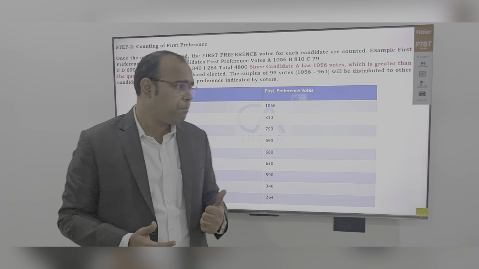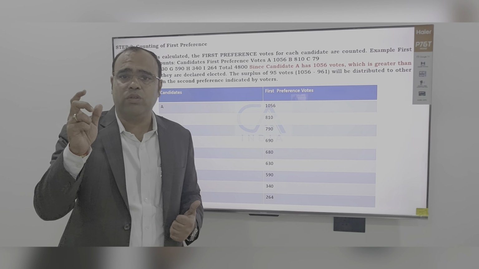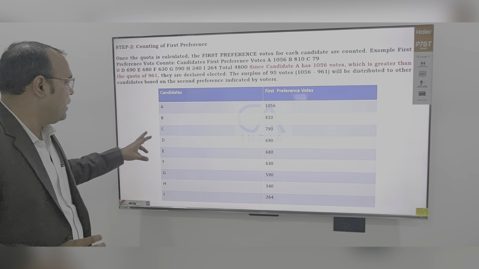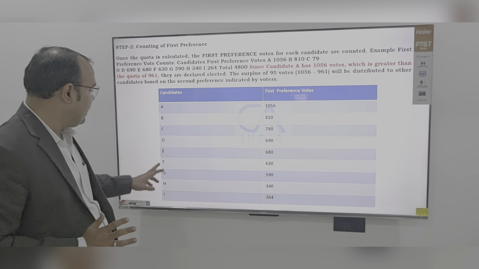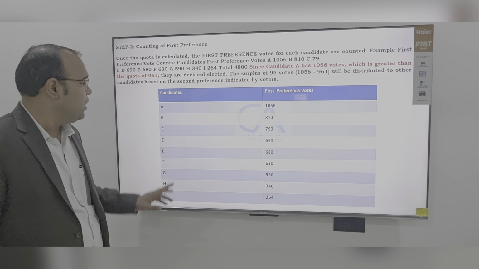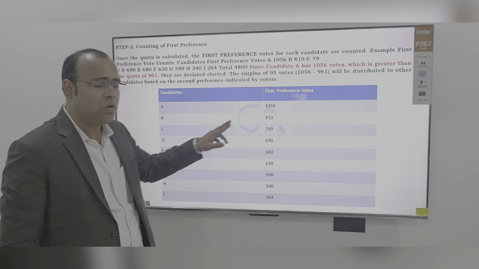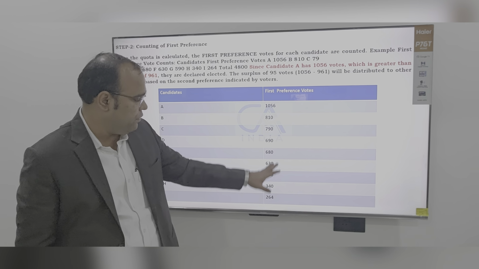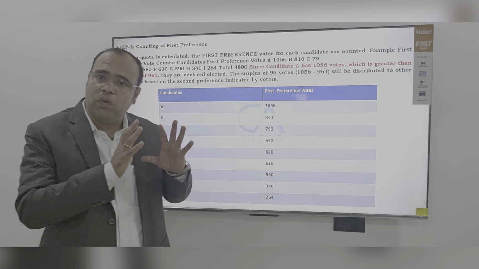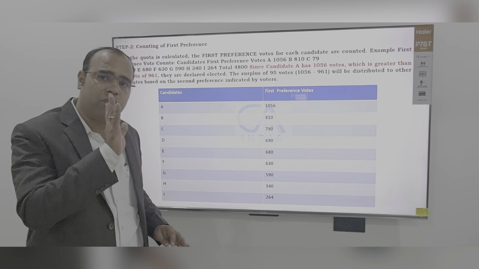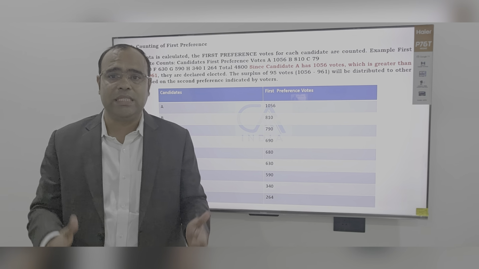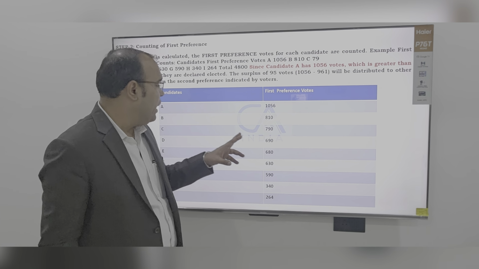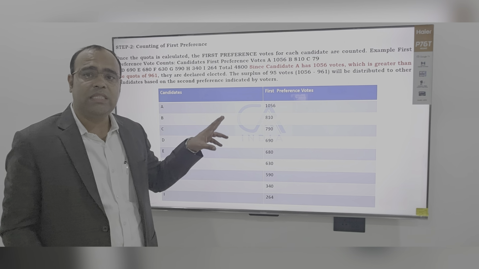We'll take an example. Let us first understand how these 4,800 valid first preference votes have been achieved by candidates A to I. In our example, there are 8 candidates in the line and 4 seats to be filled. Candidate A got 1056 votes, candidate B got 810, and C, D, E, F, G and I got 264 votes each. So the total comes to 4,800. The quota is 961, but no one got the exact quota. Since A got 1056, more than the quota, he is declared a winner.